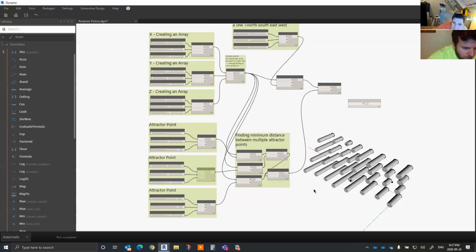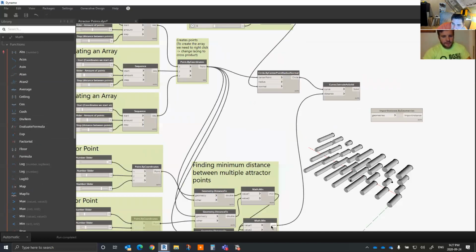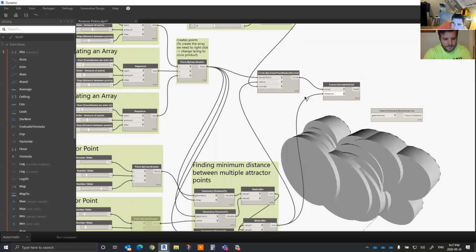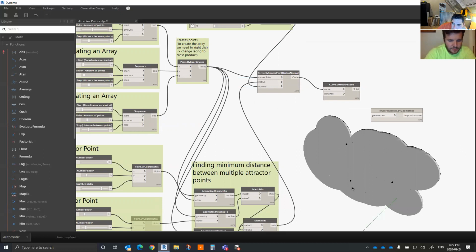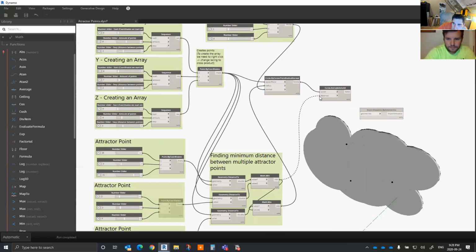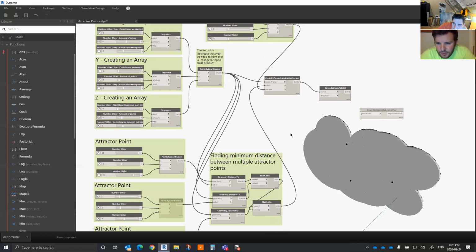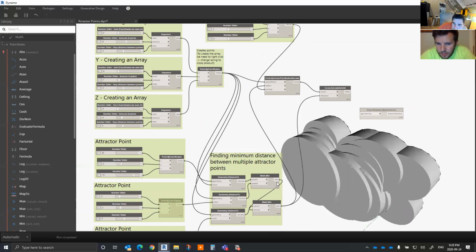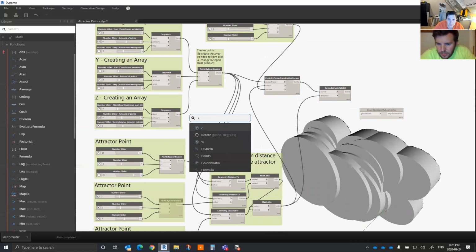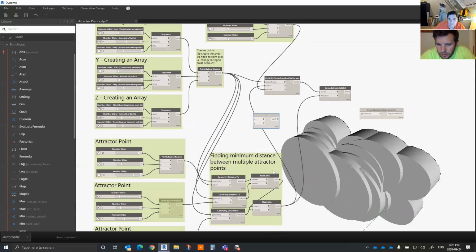But anyways, we could also, instead of affecting the distance, we could affect the radius. And the radius is pretty large. The radius is a little too large. What we could do here is we could divide. We could divide this by